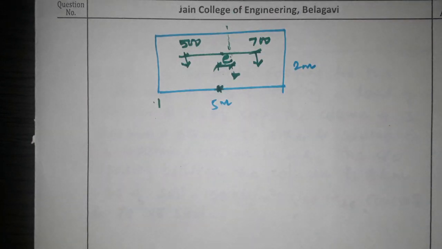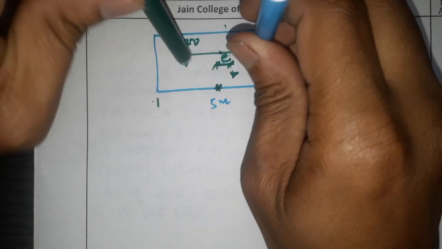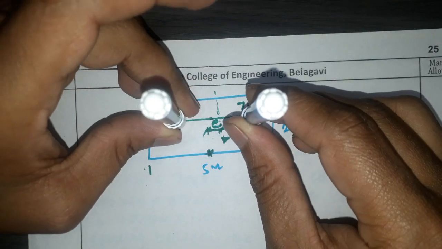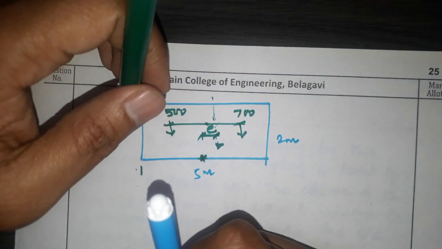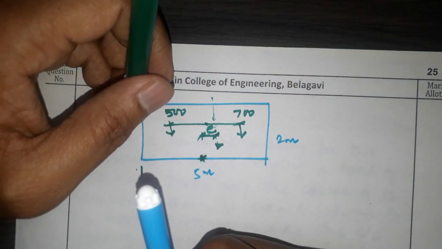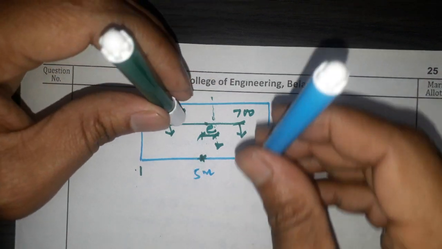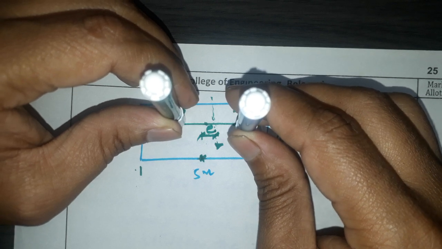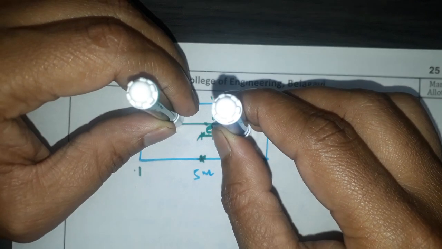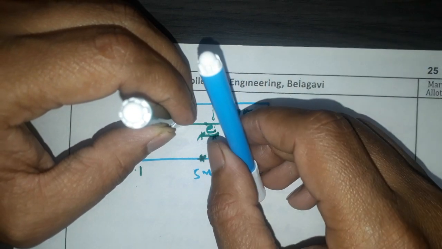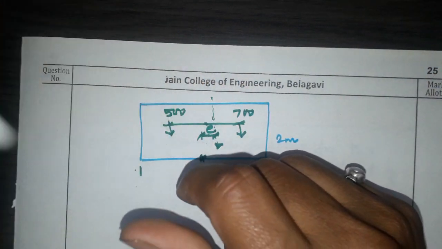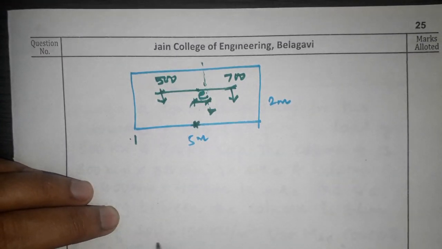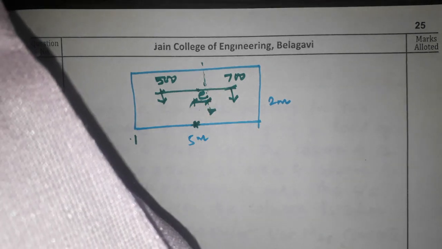Just a minute. What will happen when both the loads act on the soil? Soil will also react in opposite direction. It will develop the upward pressure, because when you apply some load on any material, not with respect to soil only, in any material, that material will also react in opposite direction. So why is the word uniform important? When you maintain both the CG in same line, ultimately what will happen?